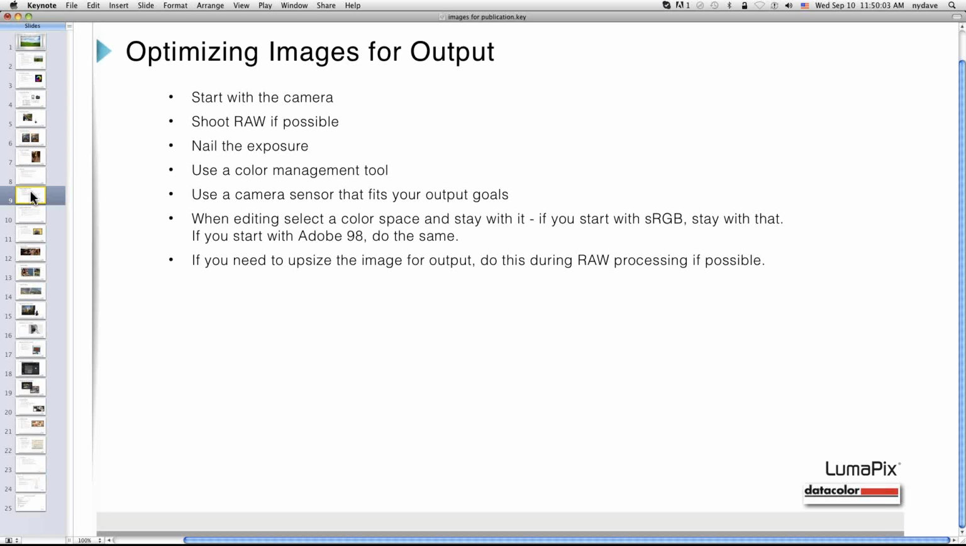You're going to need to use a color management tool, which we mentioned before, and it's important to white balance your camera ahead of time. I forgot to mention something which is also important. If you do a custom white balance in your camera